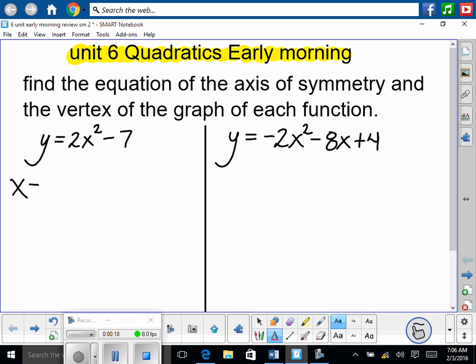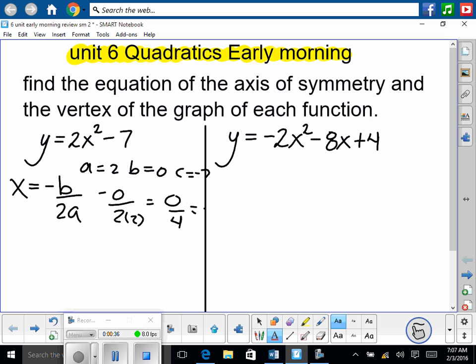So you know you're doing x equals negative b over 2a. With something like this, your b value is 0, right? So a is 2, b is 0, c is negative 7. So negative 0 over 2 times 2 is 0 over 4, which is 0. So we know our axis of symmetry, and you'll write it as an equation, so x is equal to